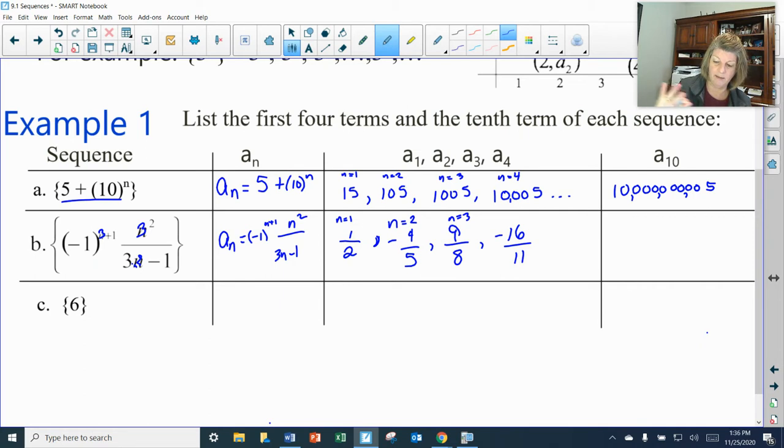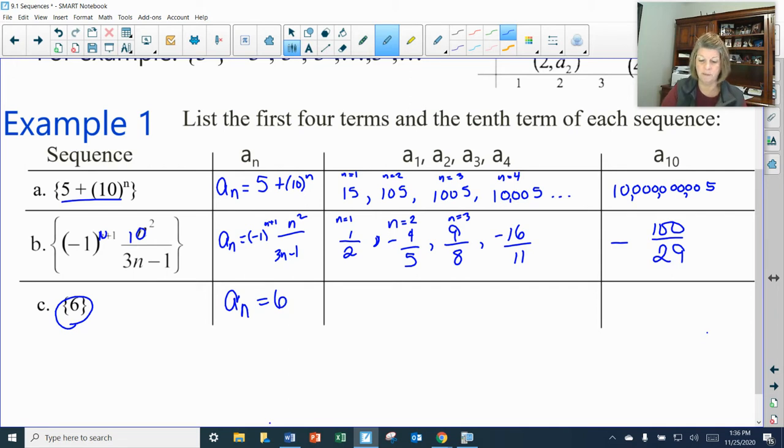16/11. I'm going to skip putting 10 in because that would be quite big, wouldn't it? Well, I guess it wouldn't be that bad. Just looking for the eraser. Okay, we'll go ahead and do it. Putting 10 in. So it's going to be a negative. 100 on top. 3 times 10 is 30. 30 minus 1 is 29. So how about negative 100/29. The rule of the sequence is it's always 6, so this would look like a sub n equals